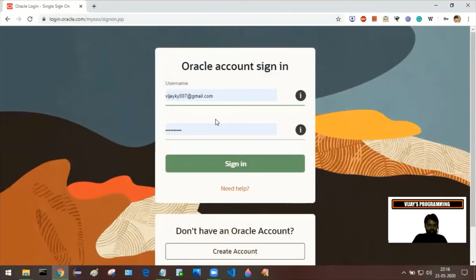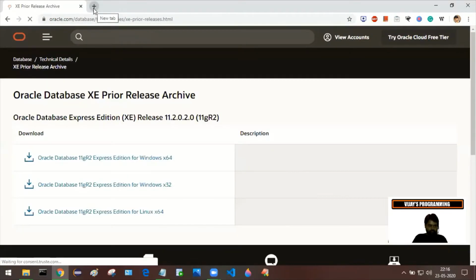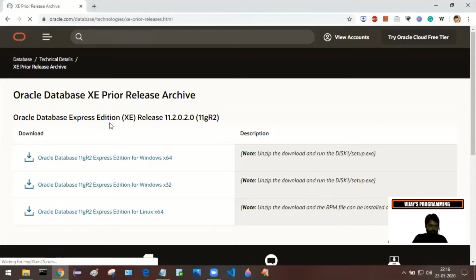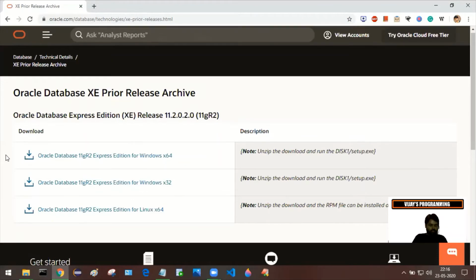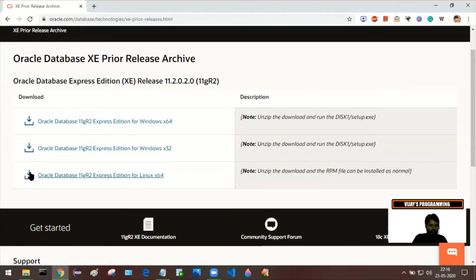So in my case I already have an account. Okay, I'm just clicking on sign in. After that, what you need to do is, there are totally 3 files available.